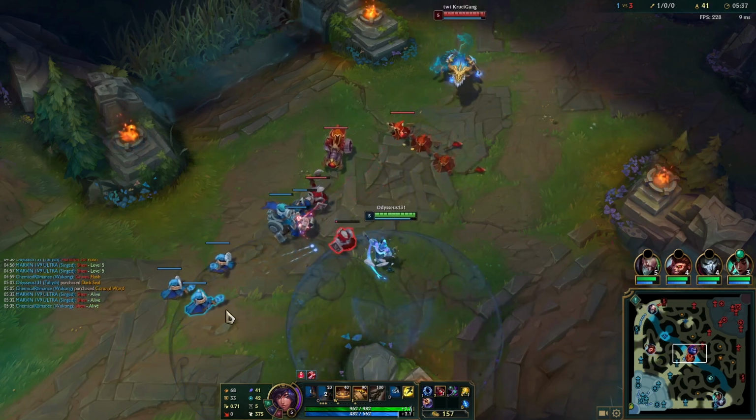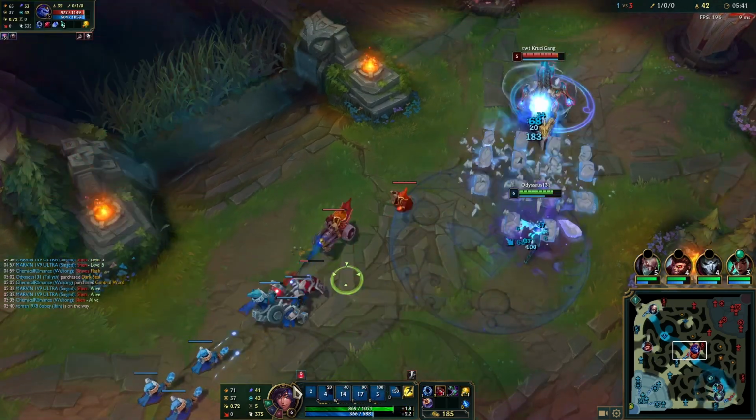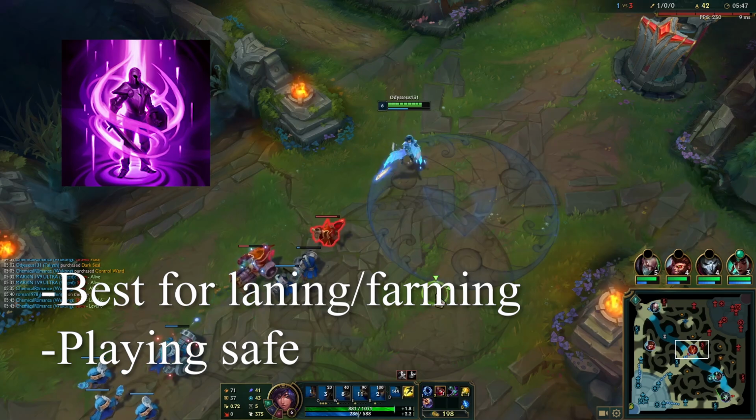as well, obviously. Ignite is better if you look to play aggressive for solo kills and for early fights. Ghost is better for roaming and late game team fights. TP is better if you want to just survive lane against a Viktor or an Azir and you just want